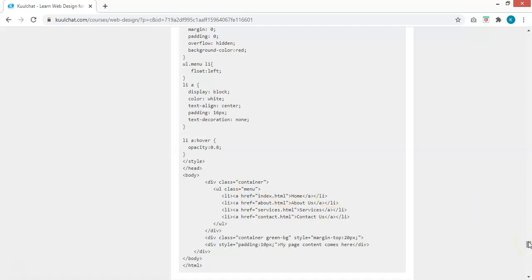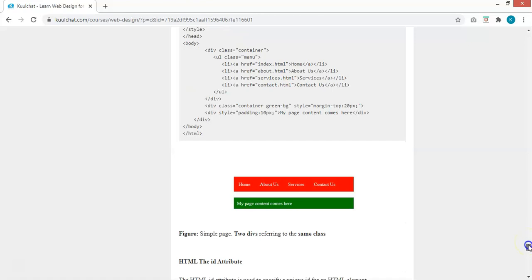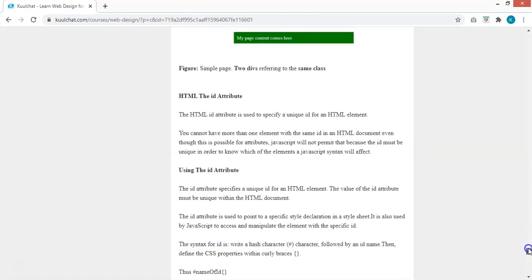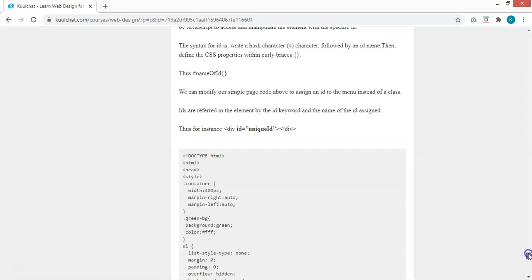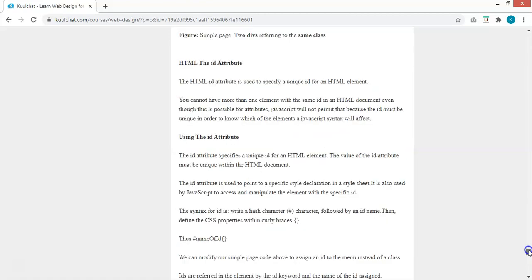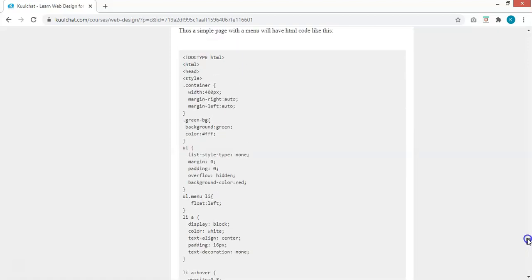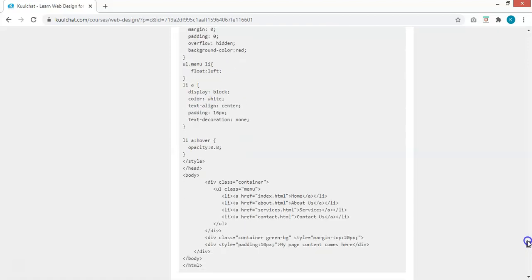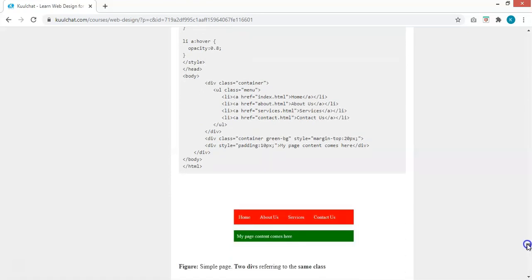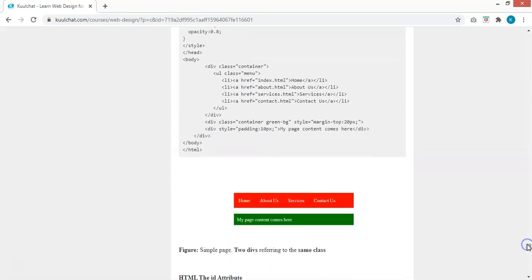Now let's continue. So in this example, they added that one to the menu class that we wrote. In this example, the menu class is now placed in the container, so it will not take the entire width, because in the container we've centered it, so it took the entire width of the container,